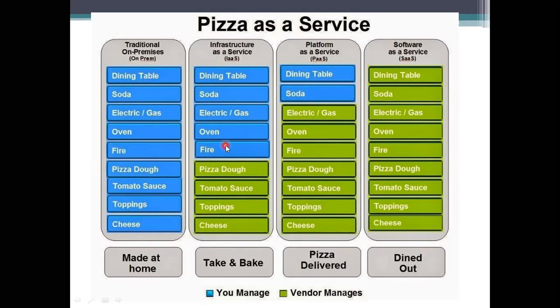Next, infrastructure as a service: to prepare your pizza, you need all these things. You have the oven, meaning you have one environment to run your program, but there is no particular thing essential for processing, so you won't process all of it yourself. That's why it puts things under the control of the vendor. The vendor will decide what the dough, the sauce, the toppings, and the cheese will be. In the on-premises case you have the possibility of deciding all these things.